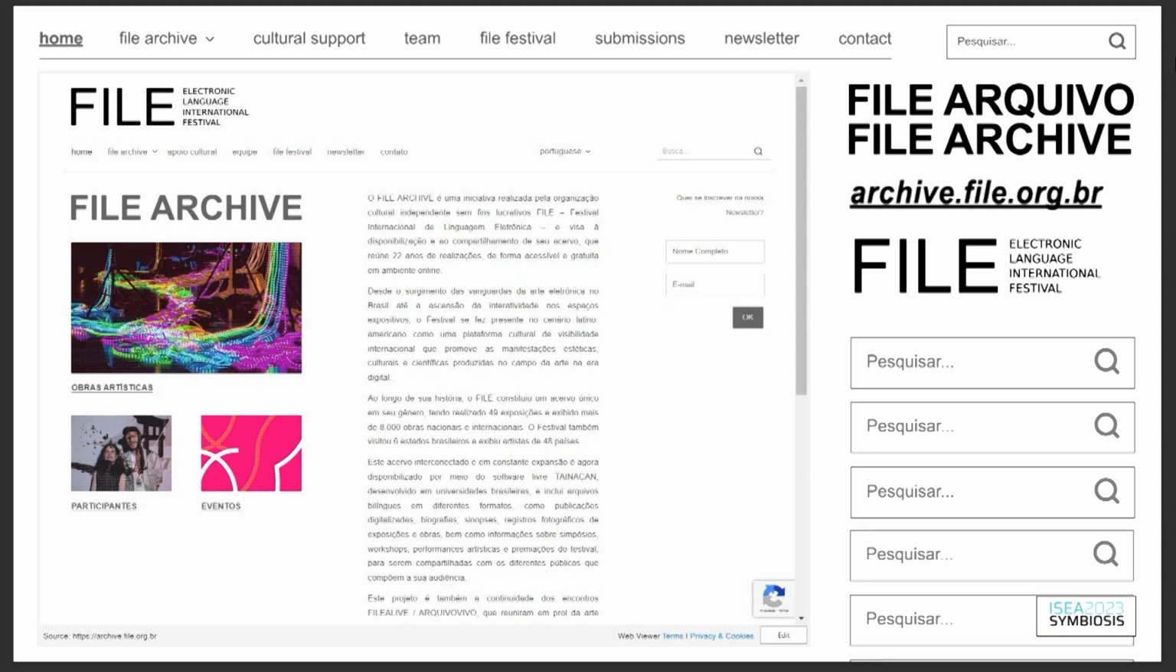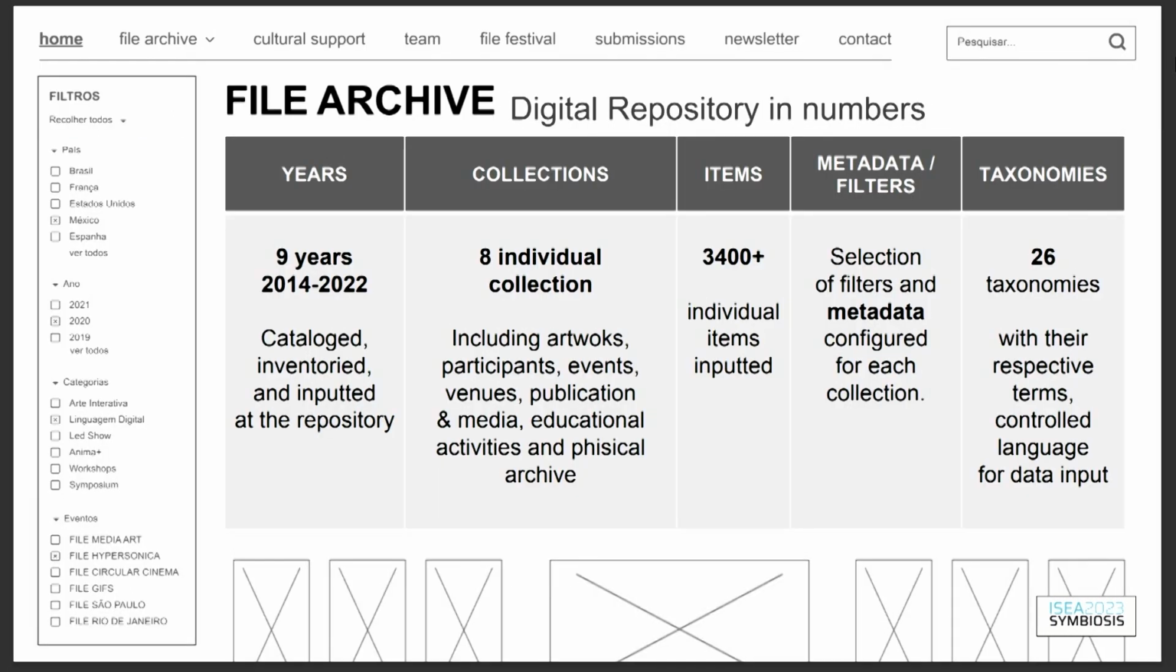And during this process, we also realized that the artists' IDs in Wikipedia are crucial for creating a globally connected new media art archive. So to achieve this, we partnered with the Wiki movement in Brazil to integrate the File Festival into the GLAM Wiki system,